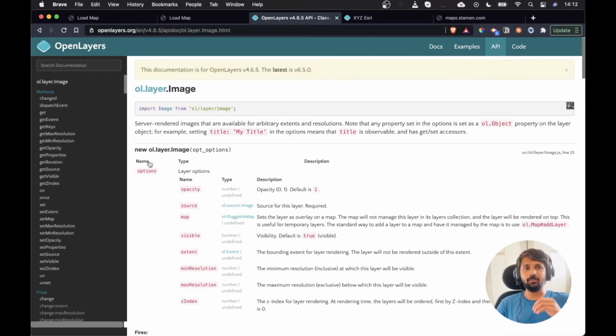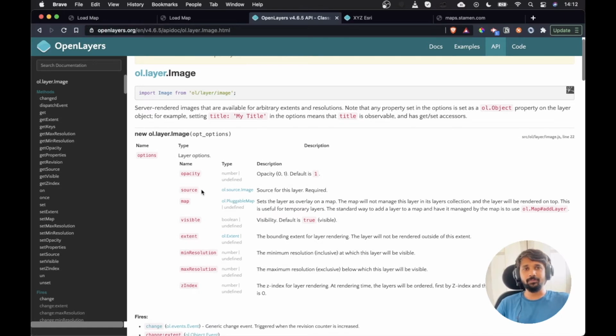Usually, there are some common options that we have to pass whenever we are loading any type of layer. Some of them are the source, which is required. Right now, using ol.layer, we are just initiating the layer. Now inside that layer, we have to provide options such as what is the source of that layer? Is the layer visible? What is the opacity of the layer? And what is the z-index of the layer? Z-index basically represents at what level you want to see that layer. That means if you load multiple image layers or even tile layers, which is the layer that you want to see at the very top? And this is the property that is handled by z-index.